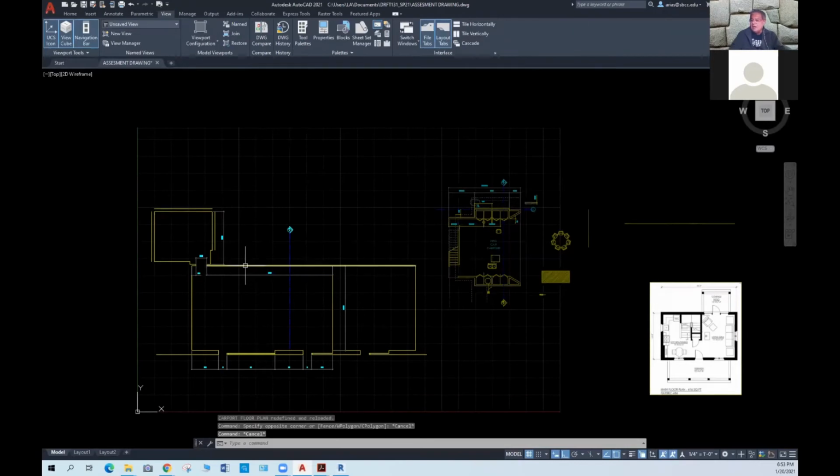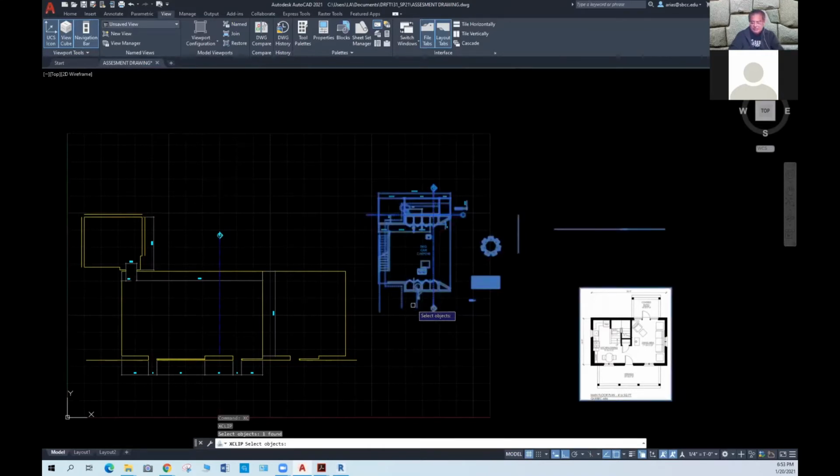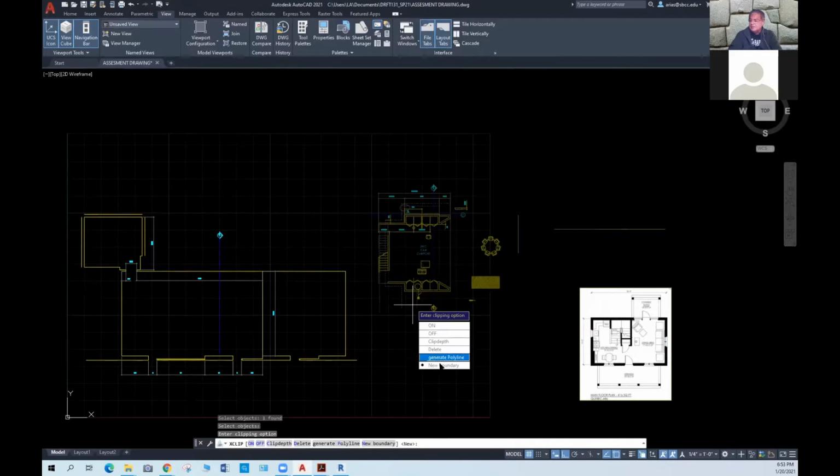And now I am back on the current drawing. The XREF, of course, still there. And so those are the tools that I'm talking about here. Another tool that we have, remember from drafting 130, is the Xclip, right? If I type XC, I can access the Xclip and select the XREF, press enter, select new boundary,